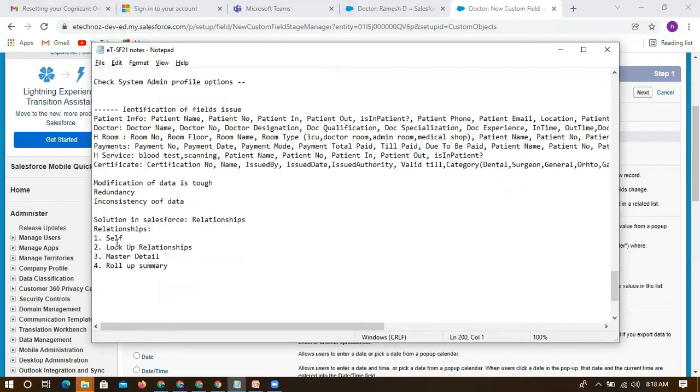So like this we have multiple. Still, we need to focus on lookup and master detail. If I want to connect the same patient to a same patient, then we will use this. Self lookup we call a self relationship.